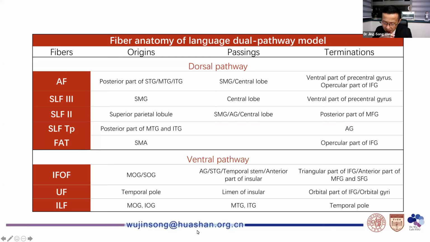So the classic dorsal language pathway includes the arcuate fasciculus, superior longitudinal fasciculus parts 2 and 3, and the temporal parietal portion, and also the frontal aslant tract. The classic ventral pathway includes IFOF, uncinate fasciculus, as well as the inferior longitudinal fasciculus. Among them, the injury of the internal capsule can cause hemiplegia, while the injury of the arcuate fasciculus